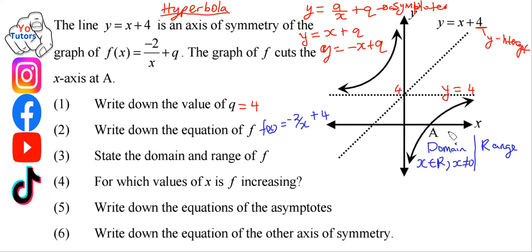And these values here exclude 4 only, but the rest of the values can be approached by the graph. So what we see here is we are saying y is also an element of real numbers, but y cannot be equal to 4. Okay, that's how we determine the range. That's also how we determine the domain. So we just exclude